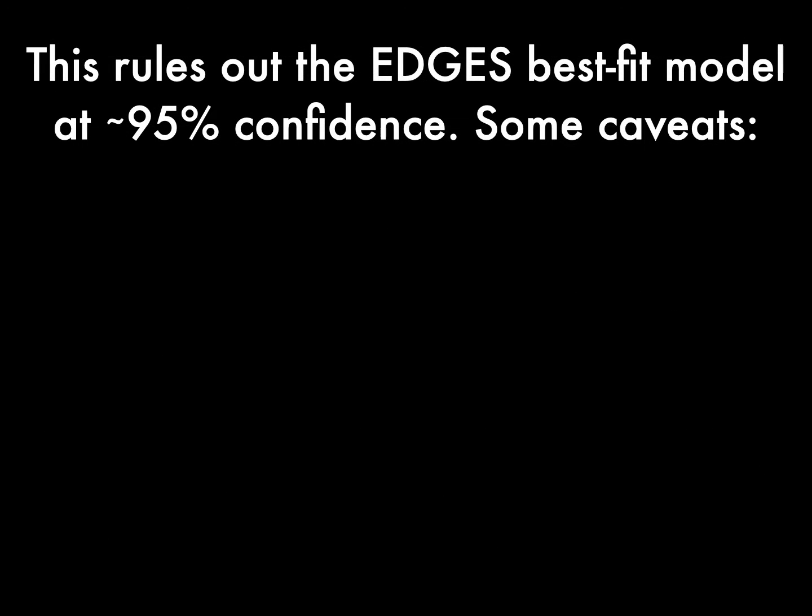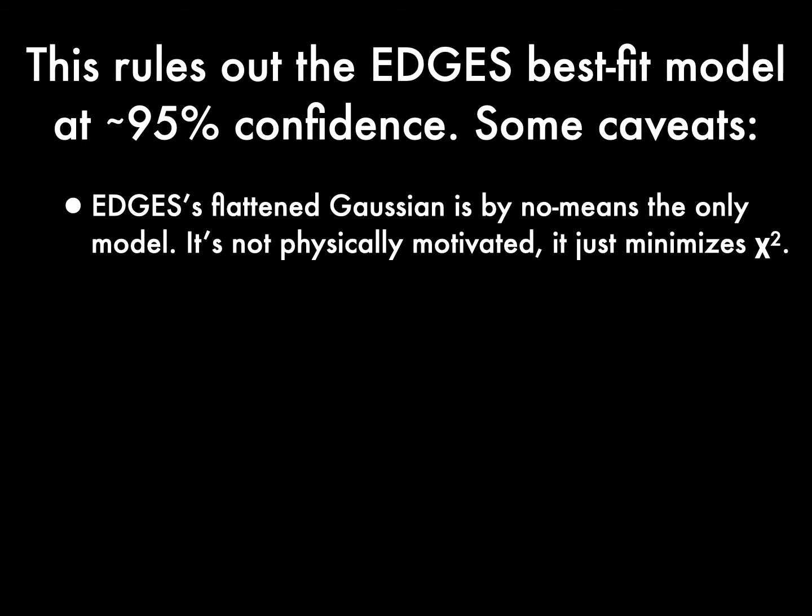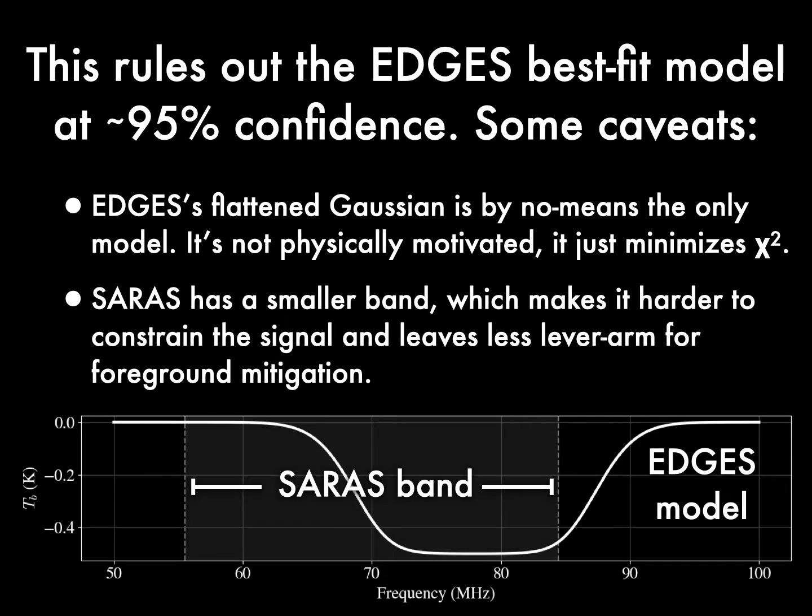So they are saying that they're ruling out the EDGES best fit model at roughly 95% confidence, but there are some caveats. The EDGES best fit model is not a physically motivated one. It's just a phenomenological model. It minimizes chi-squared, but that's really all it has going for it. And of course, that's just the best fit model. There's a range of parameters within the 2 sigma error bars, which are not ruled out with as much confidence. So there's still some daylight here, but there is certainly